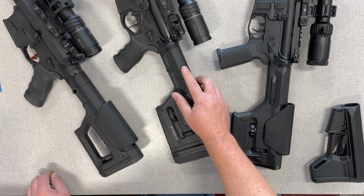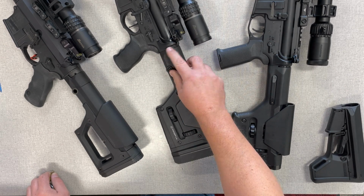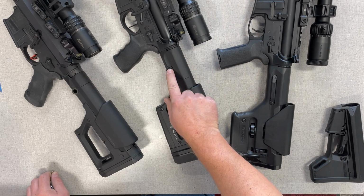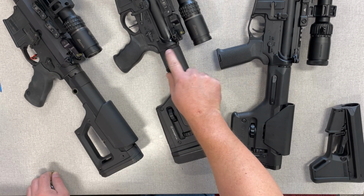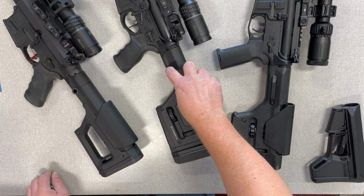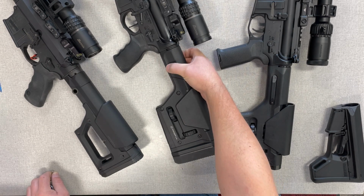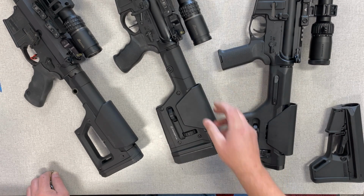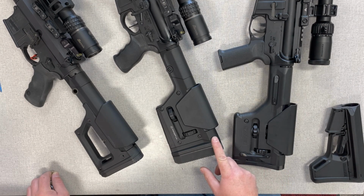And that neck allows you to either use an A2 tube like I have on this one, or a carbine or an A5 tube. By changing this neck out so that it'll fit here, and then this screw and this screw are the two that you undo. You loosen this one, you take this one out. It slides over the tube and then these clamp on. I believe